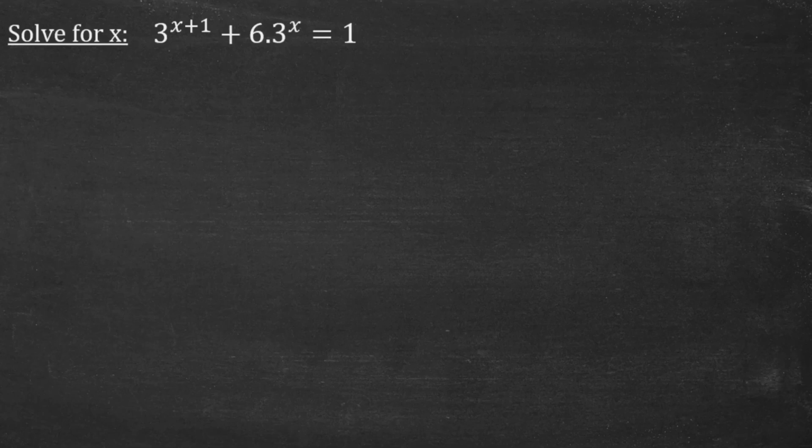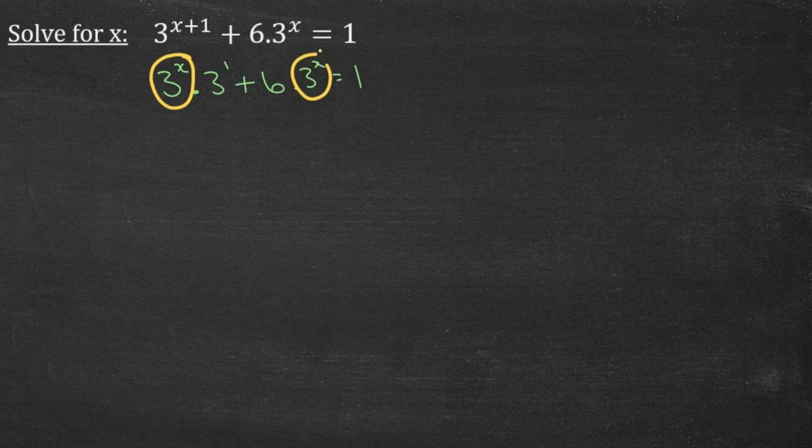Let's do another similar example. Here I'm going to take the first term again and I'm going to rewrite it using that exponent law where I'm multiplying powers with the same base. So that means I'm going to write 3 to the power of x multiplied by 3 to the power of 1. I'm going to add this term. I can't do anything with this term yet, so I'm just copying it down and equal to 1. We still have two terms on the left-hand side, but have a look. We've got a common factor in both of these terms. That means I can take that 3 to the power of x out as a common factor. And now let's see what is left over in the brackets.